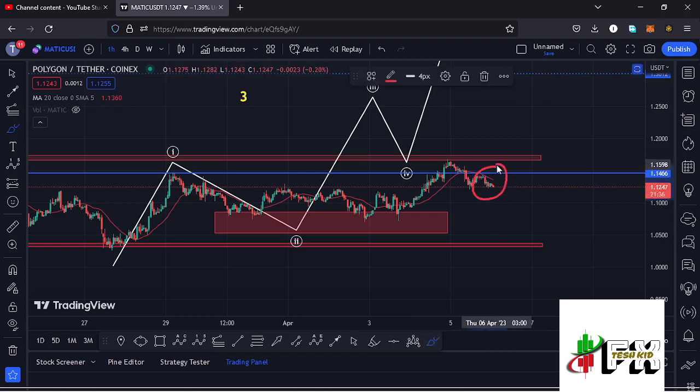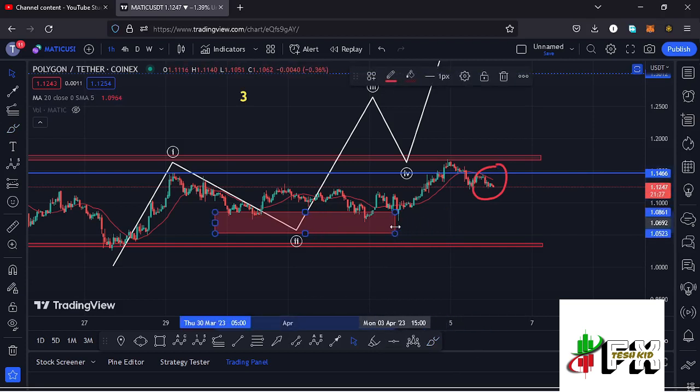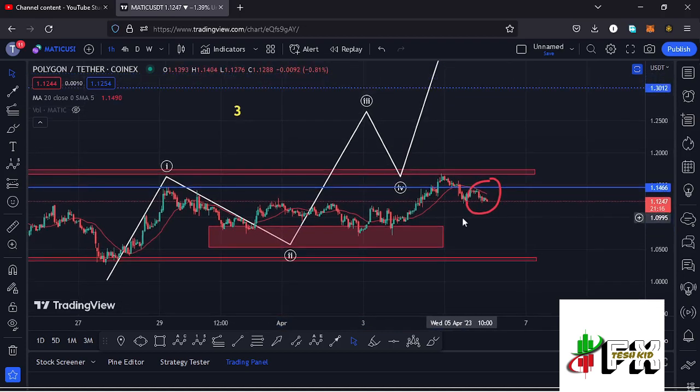We have also continued to obey the Elliot wave structures, where you can see that we had been seeing a bit of a breakdown to the lower side in the formation of this wave 2 in a move that managed to get into the minimum retracement area, which I have highlighted here on the charts using this red target area, and there are high chances that whatever we are seeing at the moment is the start of a massive run up to the upper side in the formation of this wave 3, and all this is playing out after we fully peaked in the formation of a larger Elliot wave count 1